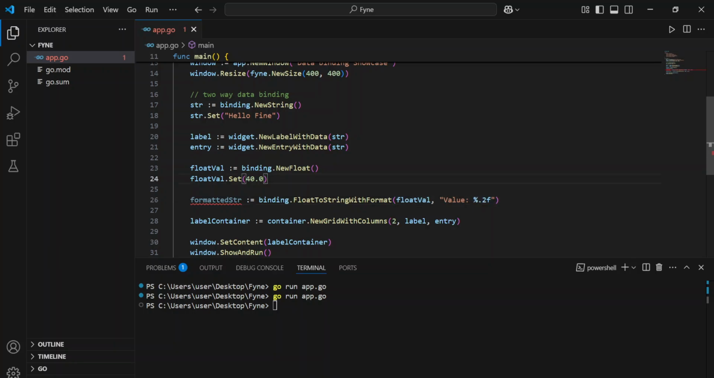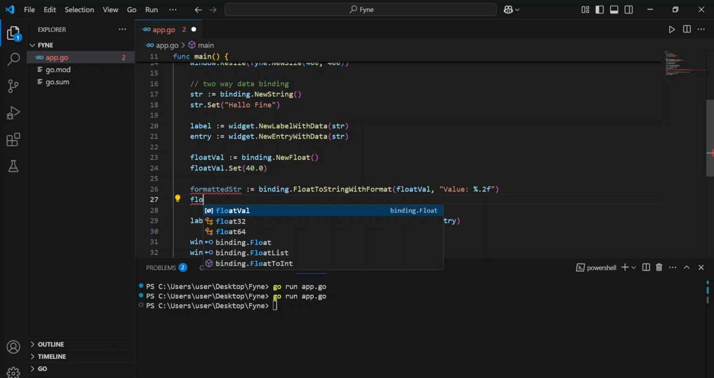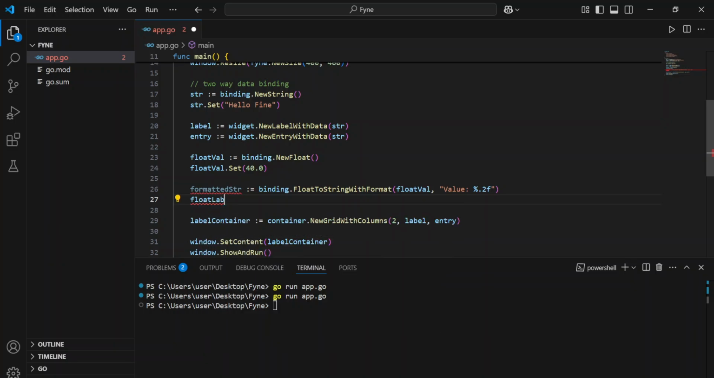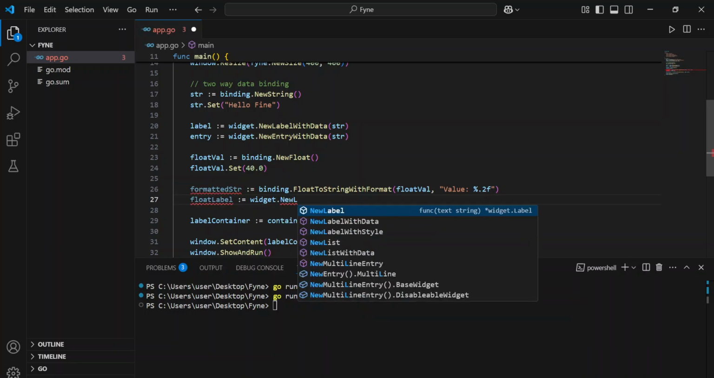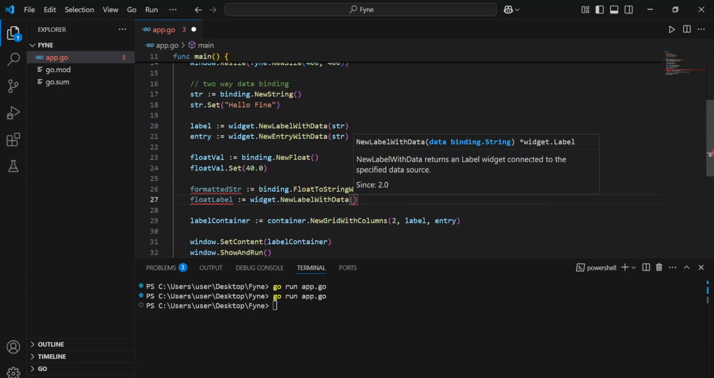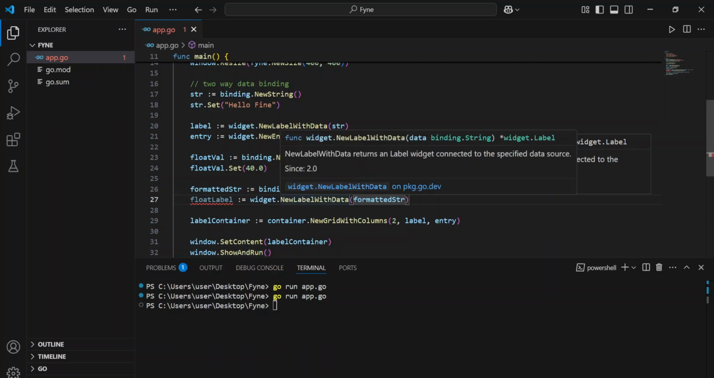and then we're going to add a label, so we're going to say float label, and then we're going to say widget.NewLabelWithData. Then we're going to pass our formatted string. So what you're going to do here now,